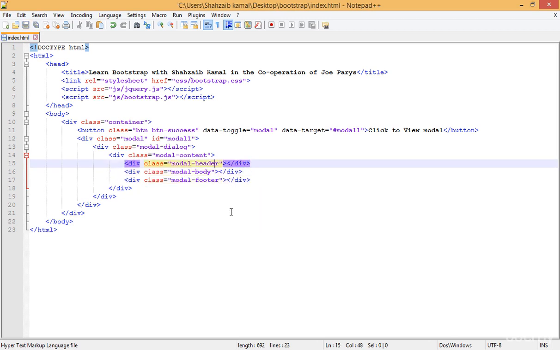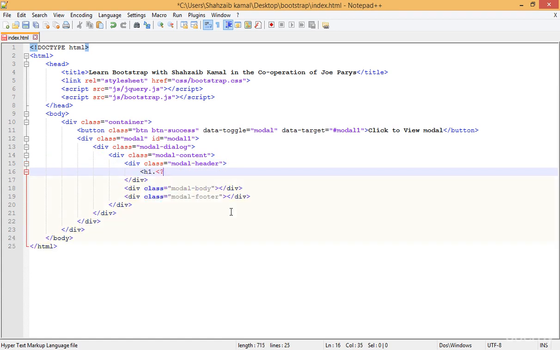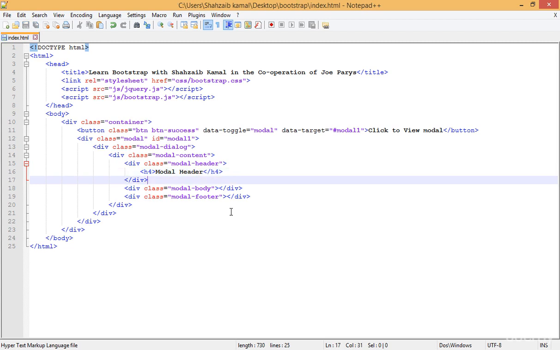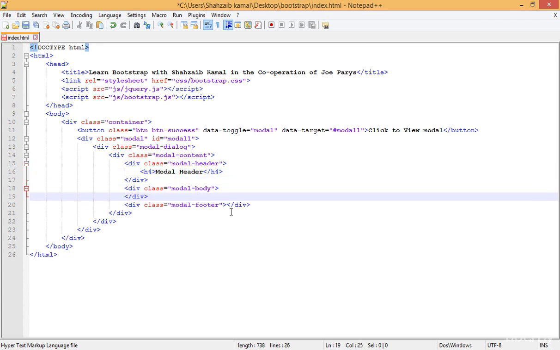Everything I just created, and here I'm going to the modal header area and putting the h1 tag, whatever you prefer. H1 is too big, I think the h4 is the preferred size. And there you can type anything, as I said, modal header. Save and go to the modal body, and whatever you want to type inside the modal body you can type.